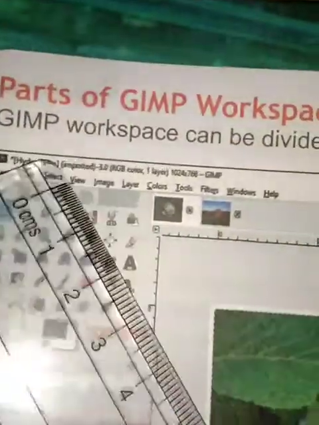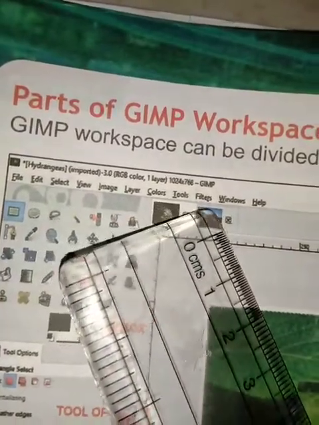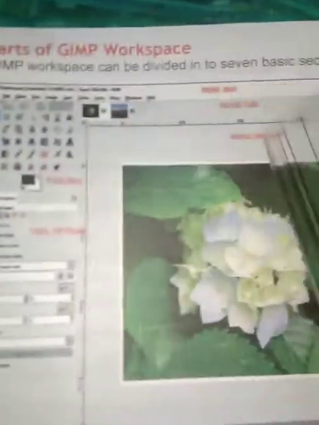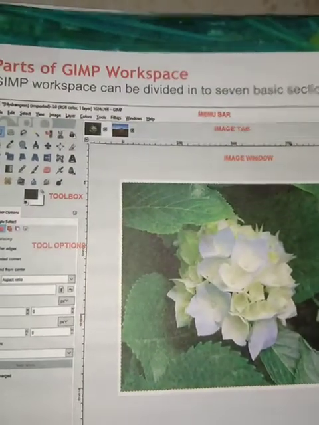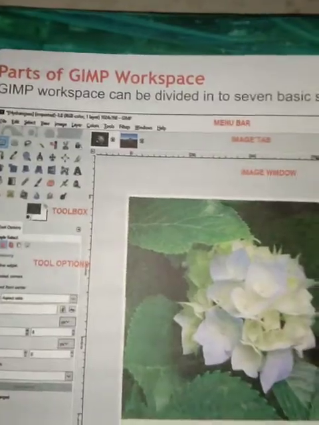See here, this is your menu bar: file, edit, select, view, image, layer, color, tools, filters, windows, help. You can also get these options by right clicking on the image window. When you right click on this image window, you will get all the menu bar options, that is file, edit, select, view. All the 11 options will be displayed in the drop down.